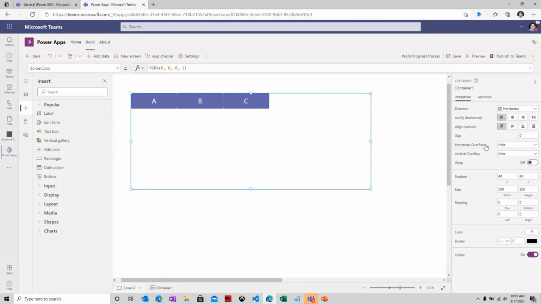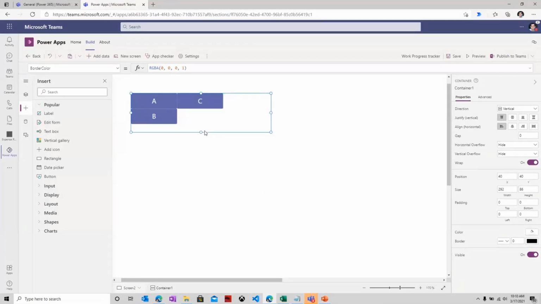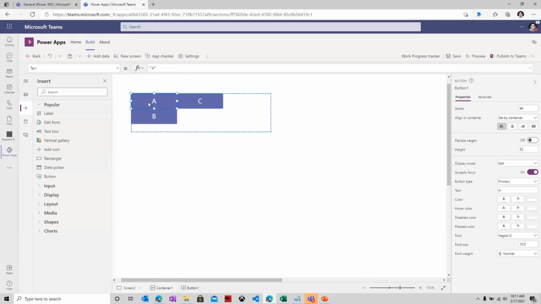Now in here are some key properties. One of them is wrap. So with wrap, in this case, it's a horizontal container. If the width of my screen, or let's say the width of my container, does not have enough real estate to fit these buttons, you will note that this horizontal container will start wrapping the controls vertically. And if I change this to a vertical container, if there is not enough height available, these controls will start wrapping horizontally. So with these properties of wrapping, scrolling, center aligning, width, you can even define fill portions and other stuff related to controls.